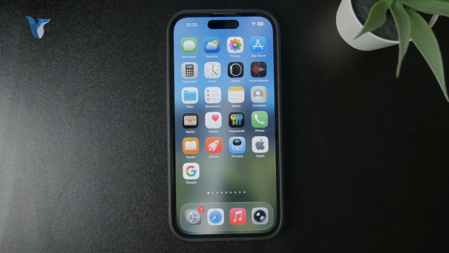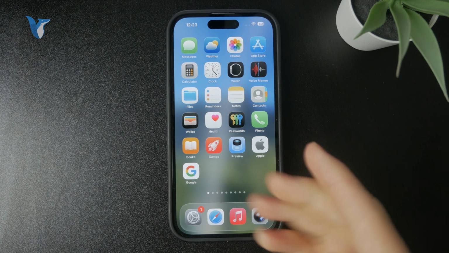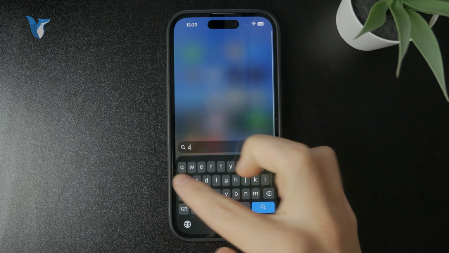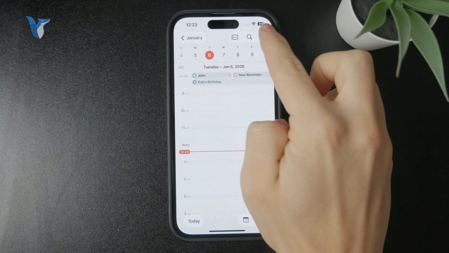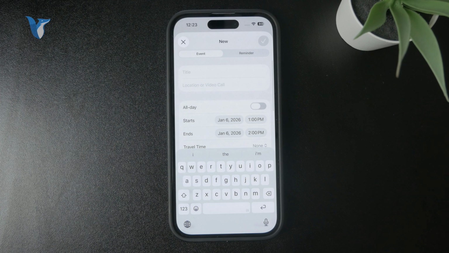Now, there are more ways how you can do this. You can simply open up the calendar, click the plus button, and set up a new event manually, which you're gonna name the birthday, and you're gonna set it up at a specific date, have it repeated yearly, and it's gonna be one of the ways you can do it. It's not the most automated or integrated version of birthday reminders and dates,